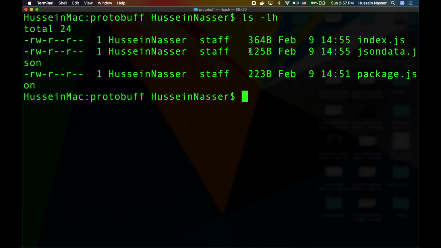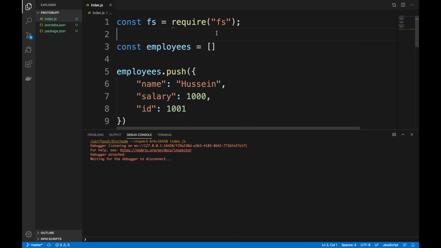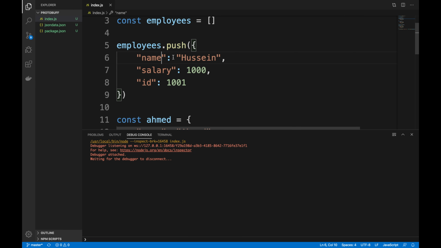Okay, so now you saw me, in a few quick minutes, write an application with essentially JSON and JavaScript. How about we do the same thing, but with protocol buffers? So here's how we're gonna do the same example with protocol buffers. Protocol buffers are a representation of structured data. JSON is not structured data. You can just add anything you want here and JSON will not yell at you. You're responsible for